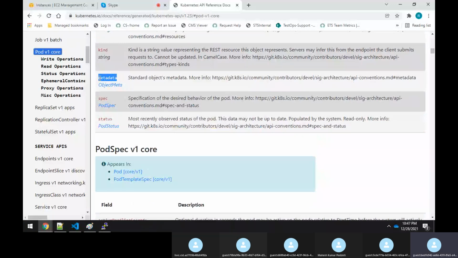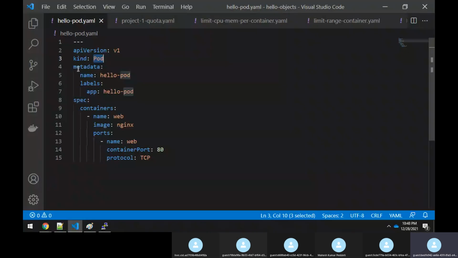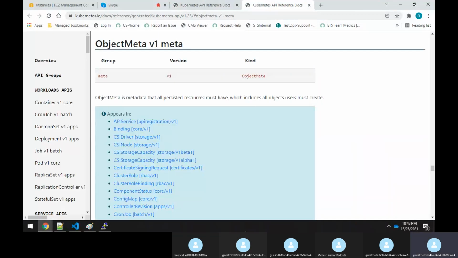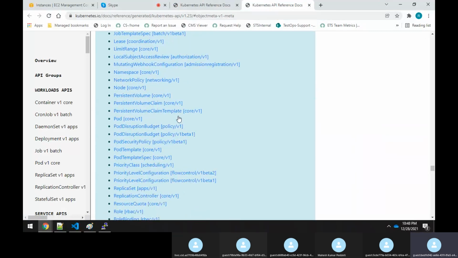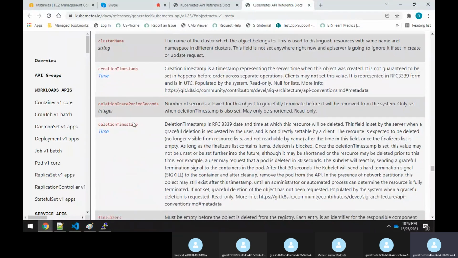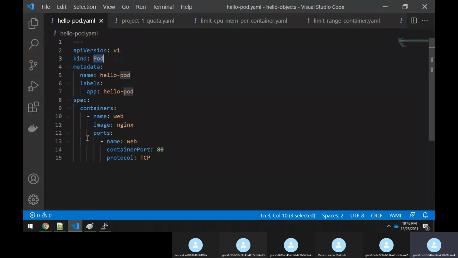Next, we have metadata. I put a colon, and ask what the object type within the metadata is. Let me open this: it is of type ObjectMeta. ObjectMeta has various fields, such as cluster name, annotations, creation time, and so on. There are so many things there, but right now I'm not worried about all of them. I'm worried about the name. I have to put name, colon. What pod name do you have to give? I'm giving something like hello-pod.